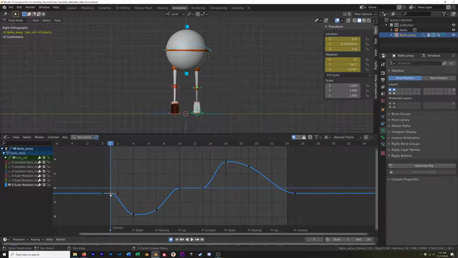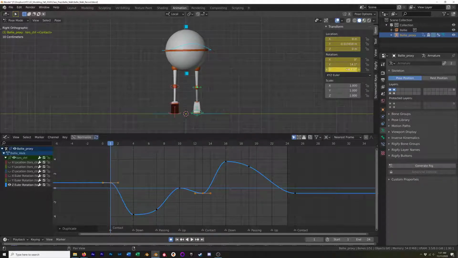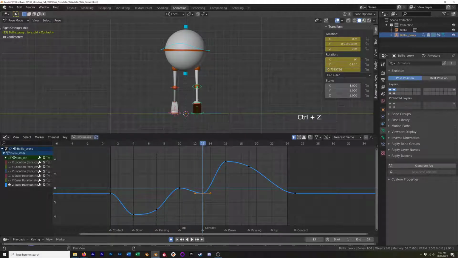And then I'm going to select this one, Shift D to duplicate it, hit X, copy this over to the other contact, and then this one we want to make sure we invert. Oops. Make sure we move our playhead first. Invert that. There we go. Okay, and then I want to